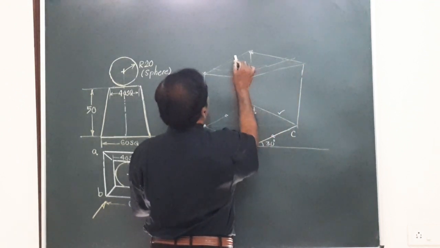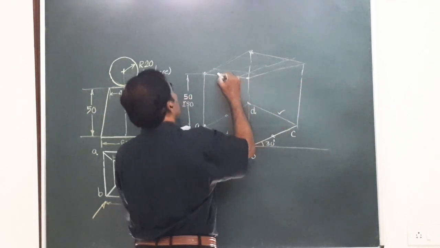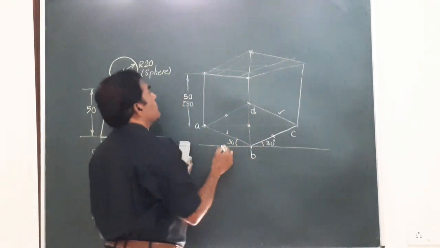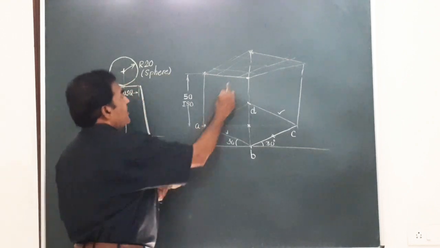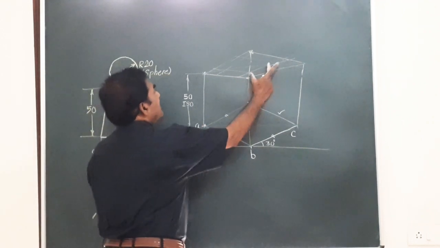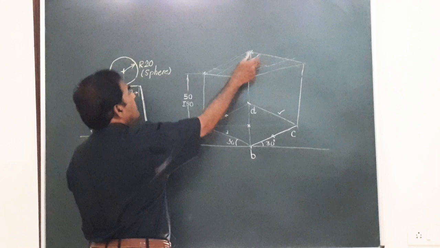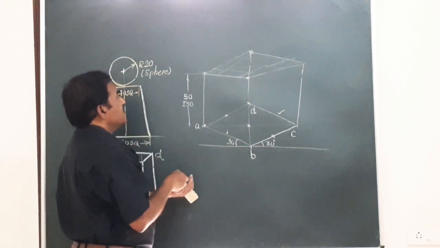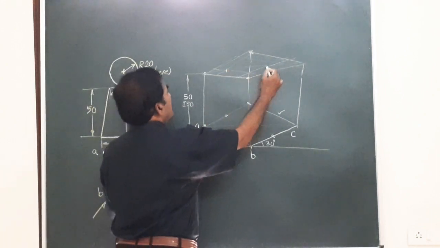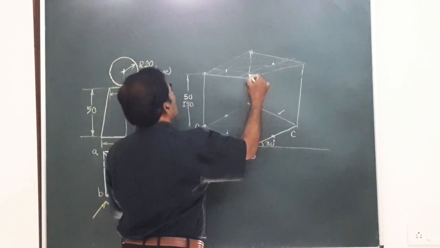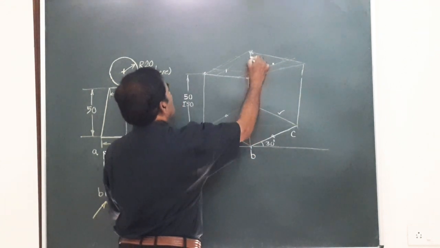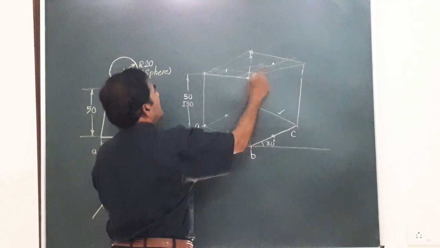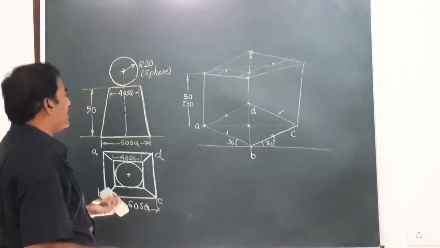Then from here again 10 mm, so again here 10 mm. Friends, you are going to have a rhombus parallel to this, and each of these sides will be equal to 40 ISO. I will simply show them. This is one point, second point here, this is third, and this point is going to be fourth, A, B, C, the top 4 points you have got.